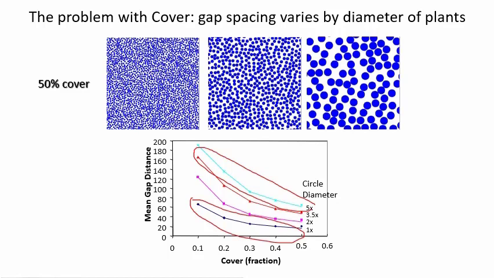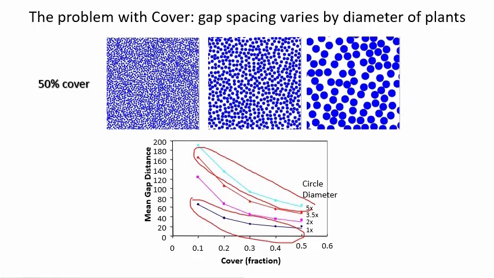So cover is a very poor variable to use in trying to describe continuity, because it's really about the gaps. The gaps are what determine the amount of heat transfer necessary to cross those gaps and ignite fuels on the other side, if you're talking about fire spread. Okay, so these are random arrangements. Obviously, if it was a regular arrangement of plant canopies, or if it was really clumpy, all clustered in certain areas, these relationships would be different. But cover is a poor